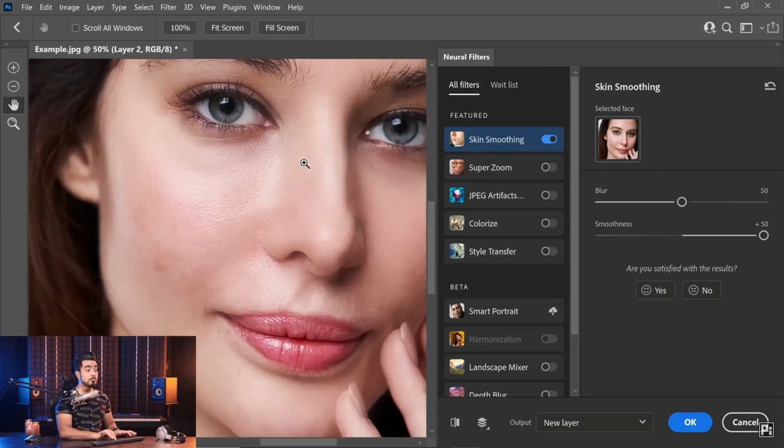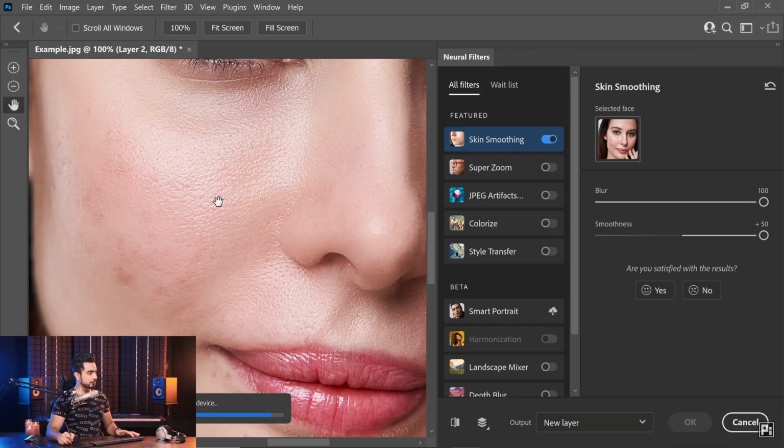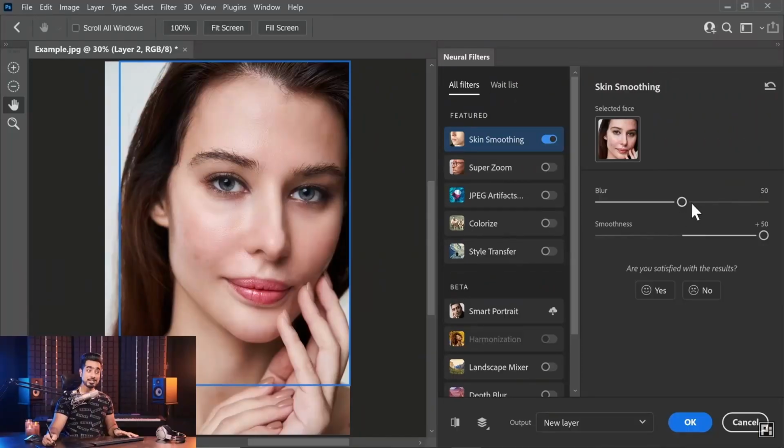All right. Now the blur controls how much of the pores you will see. So if the blur is less, you will see all the skin texture, all the pores right there. If the blur is too much, you will see less of the pores. Have a look. Can you tell the difference? So I usually keep it at the middle, but this value will change according to your personal taste and your image. So for this one, let's keep the blur at 50